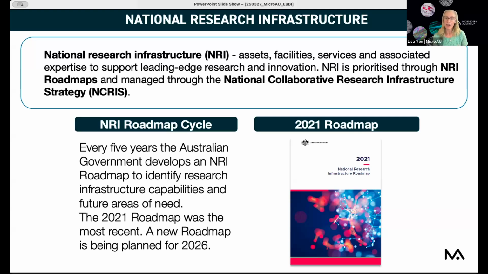And there's a particular federal government, national government program called the National Collaborative Research Infrastructure Strategy that was established back in 2006. And so every 5 years, our government goes through a road mapping process, which is similar to ESFRI in Europe, where, of course, that's at a regional level. This is at a national scale, where they look at what are some of those coming priorities. And so we're just about to go through that process as they're starting consultations for the new roadmap that will be released for 2026.